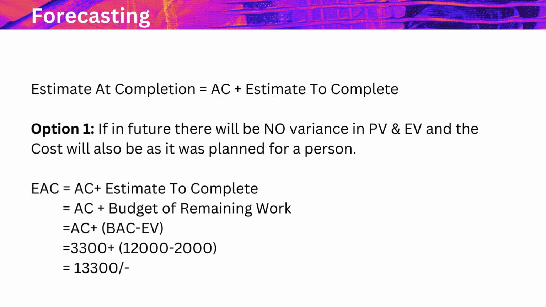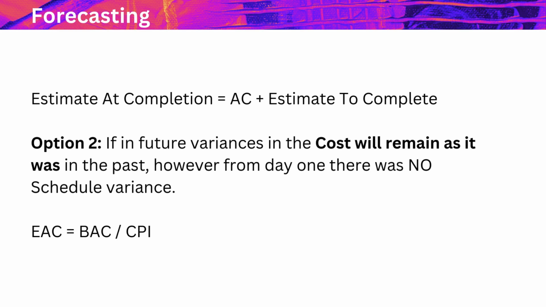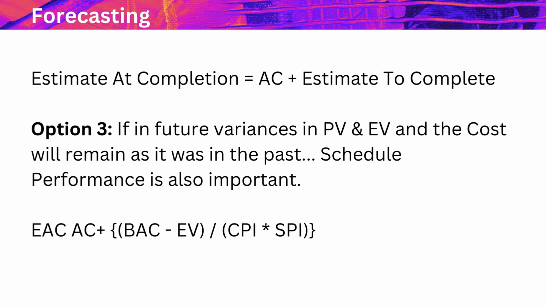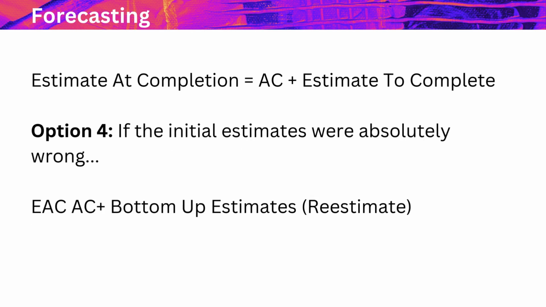Forecasting examples. Option 1, no variance expected. EAC equals AC plus BAC minus EV. Example: EAC equals 3,300 plus 12,000 minus 2,000 equals 13,300. Option 2, cost variances persist, no schedule variances. EAC equals BAC divided by CPI. Option 3, both cost and schedule variances persist. EAC equals AC plus (BAC minus EV) divided by (CPI times SPI). Option 4, initial estimates